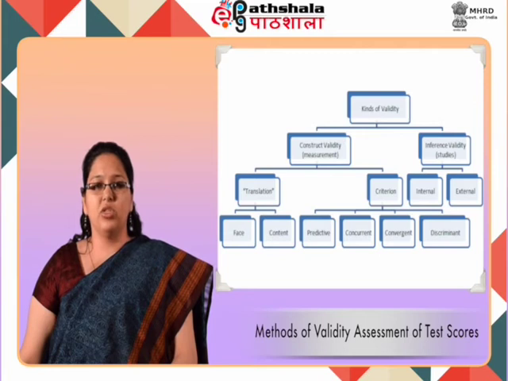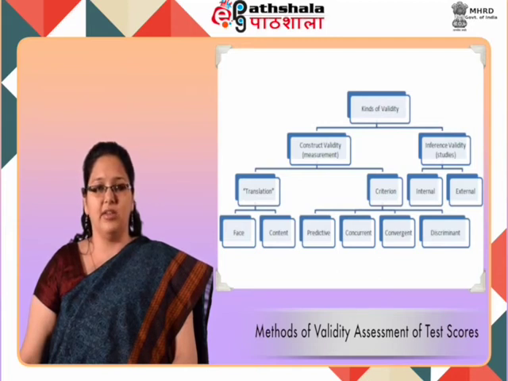Construct validity approach is much more complex than other forms of validity and is based on the accumulation of data over a long period of time. Construct validity requires the study of test scores in relation not only to the variables that the test is intended to assess, but also in relation to those variables that have no relationship to the domain underlying the instrument. The former validation is termed the convergent form of test validity and the latter the divergent form of test validity.